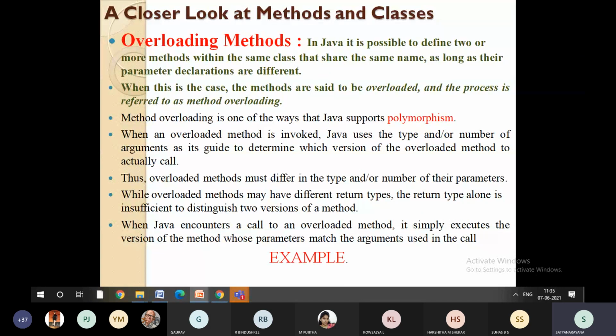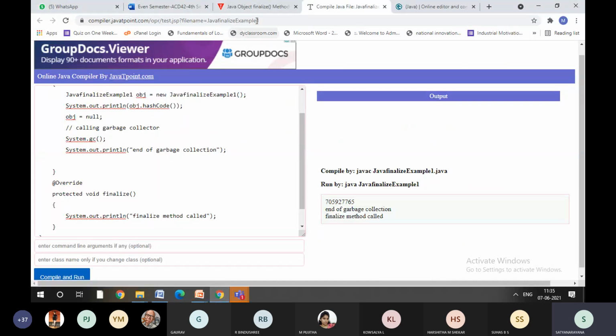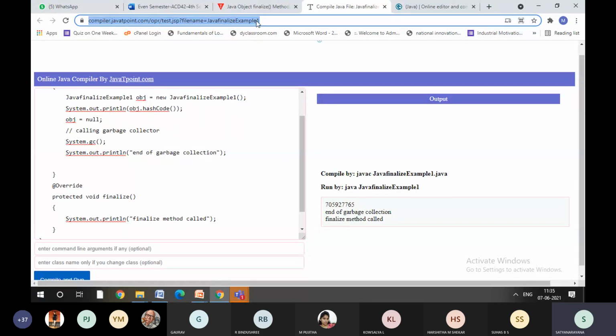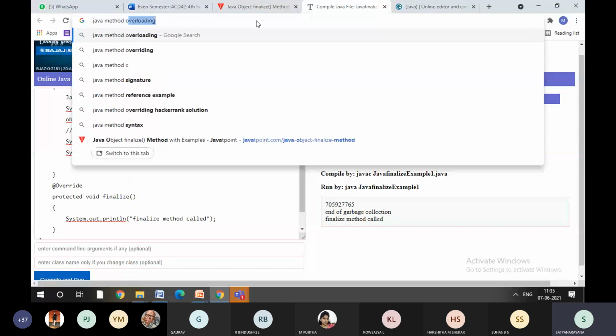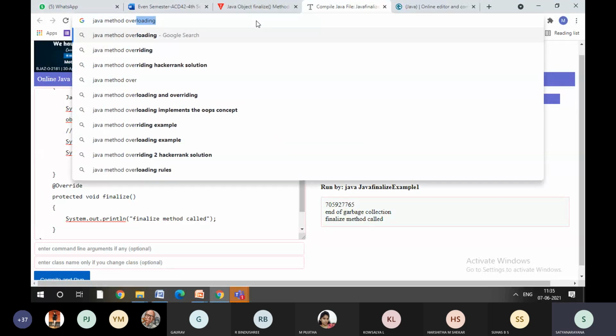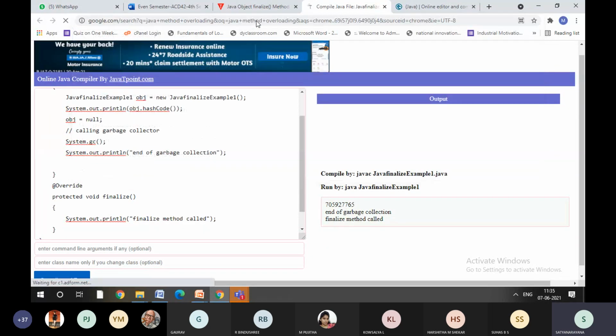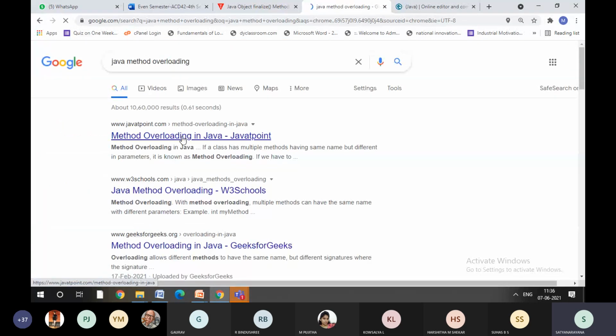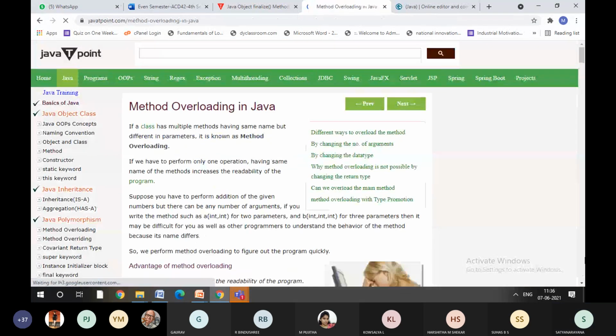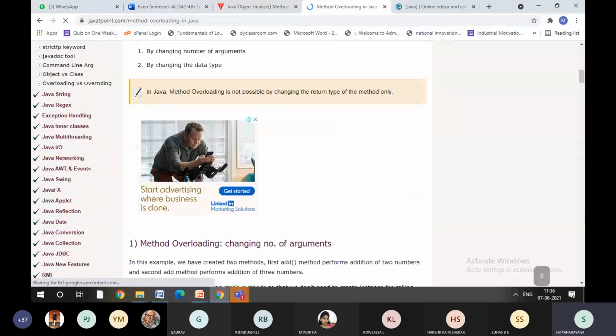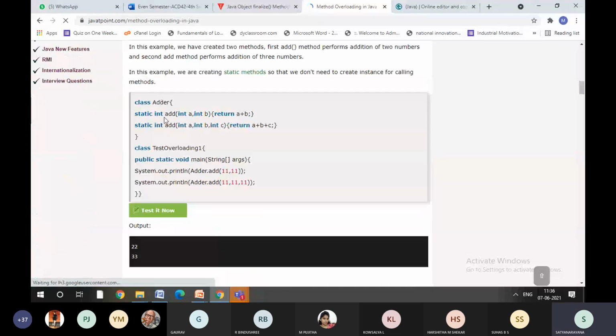If there is any return value, we will take the return value. If there is no return value, we won't take the return value. So based on the number of parameters, we are going to use the methods, right? Java method overriding. Textbook examples I'll show you later. First you understand the concept, later I'll show you the textbook examples. Okay. Yeah, you can see here. So let me just test it.